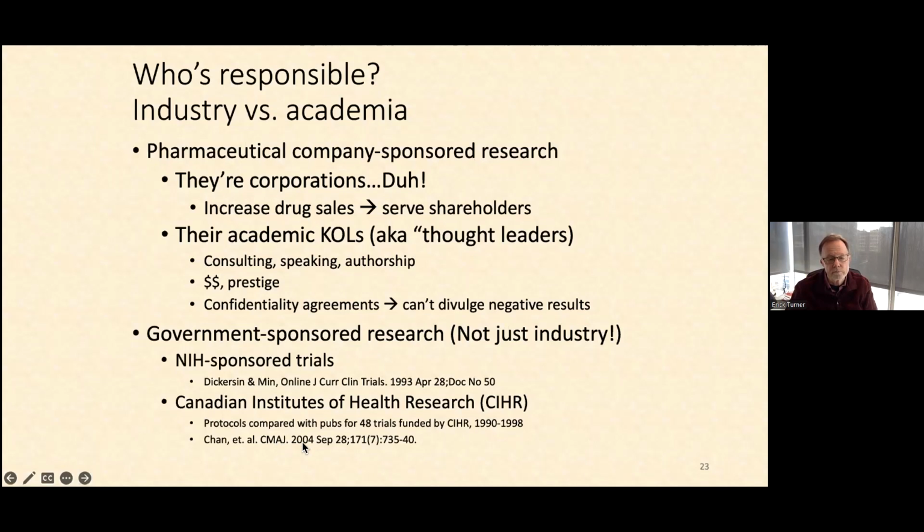More recently, but still a long time ago, a couple of decades now, An-Wen Chan used data from the Canadian Institutes of Health Research, which, since you guys are largely Canadian, you know well. He was sort of an insider at CIHR, and he was able to get the protocols for a cohort of clinical trials, and he was able to compare them with the publications, and he found discrepancies, shall we say, that there was evidence for outcome switching and picking and choosing as to what was emphasized and what wasn't.